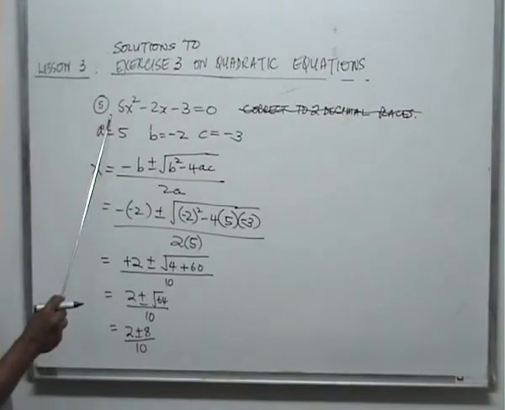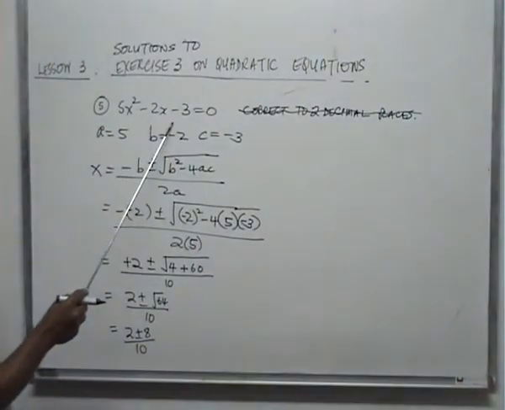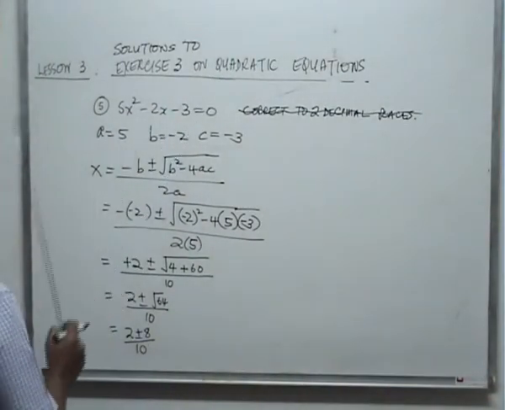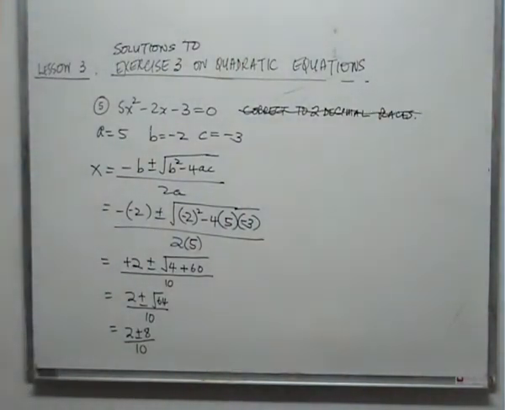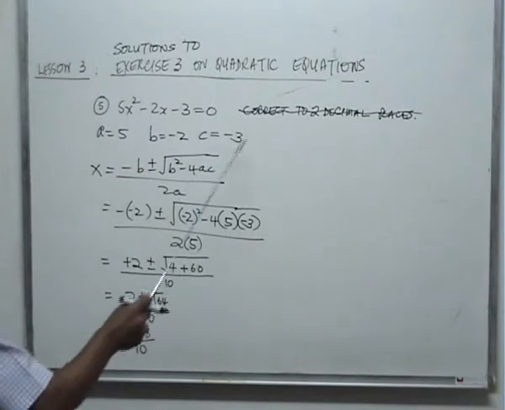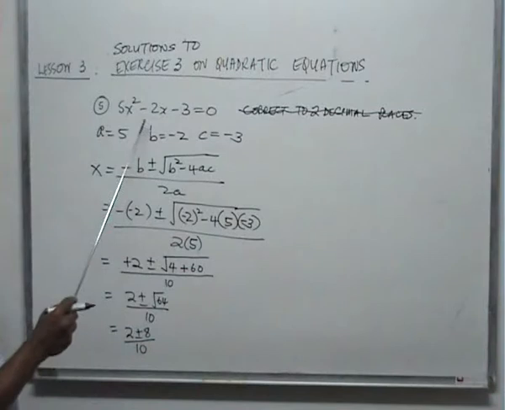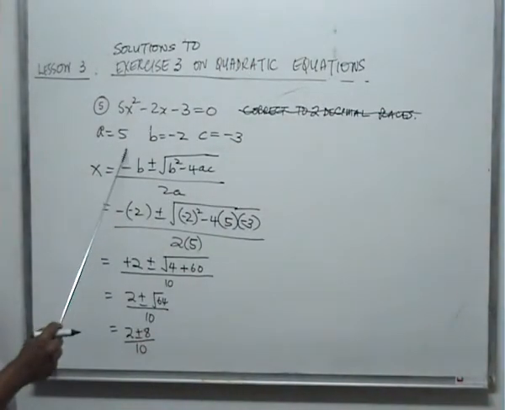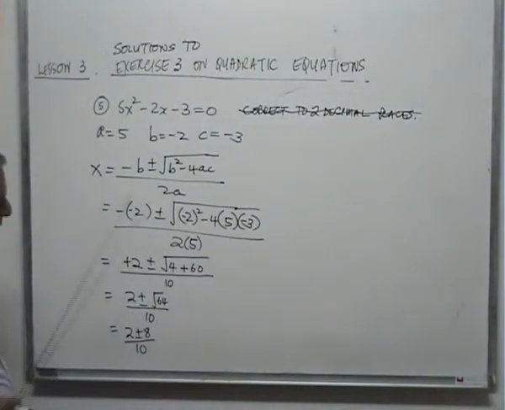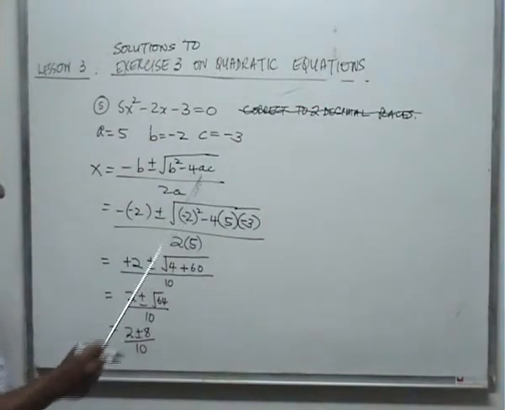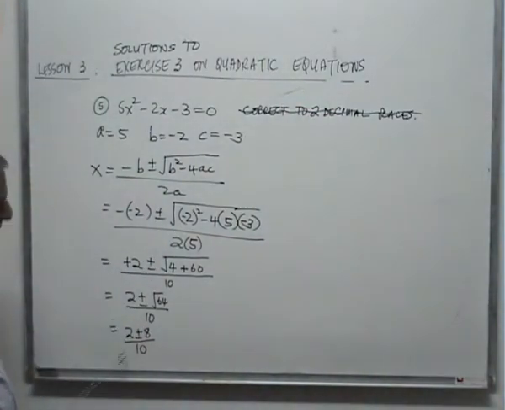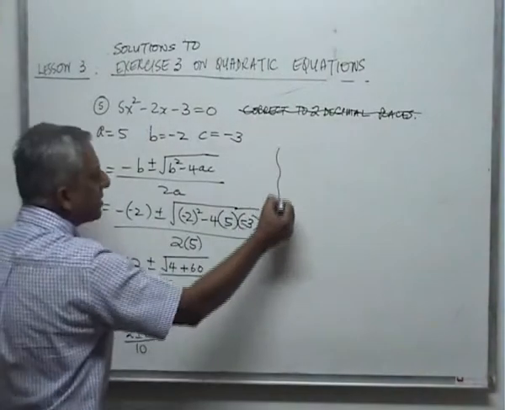There's 5x squared minus 2x minus 3 is equal to 0. Let's check the question. If the original question was like that, that's correct. So there's no need for correcting to two decimal places here, because it actually factorizes. But let's say you didn't know how to factorize it, you use the formula, and let's see what happens. So you substituted and so on, and you came up here. So your two answers are